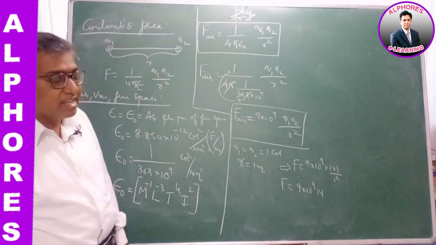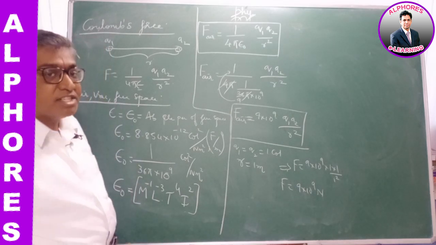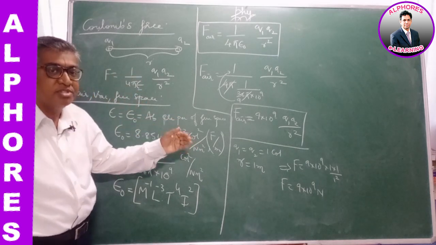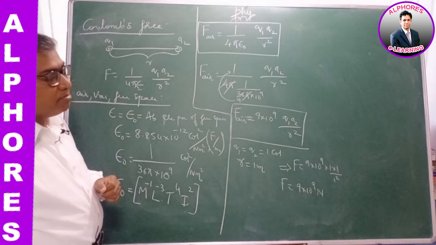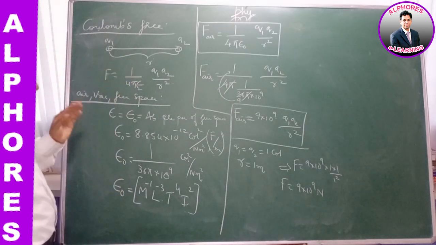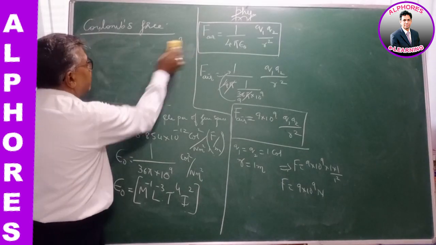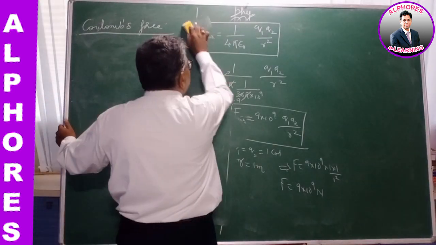This force is called the unit charge force. This charge is called unit charge or 1 coulomb charge. So this is the formula for the force when the charges are in air, vacuum, free space. What would happen if the charges are separated in a medium? If there is any medium between them, then what would be the electric force between the charges when they are placed in a medium?